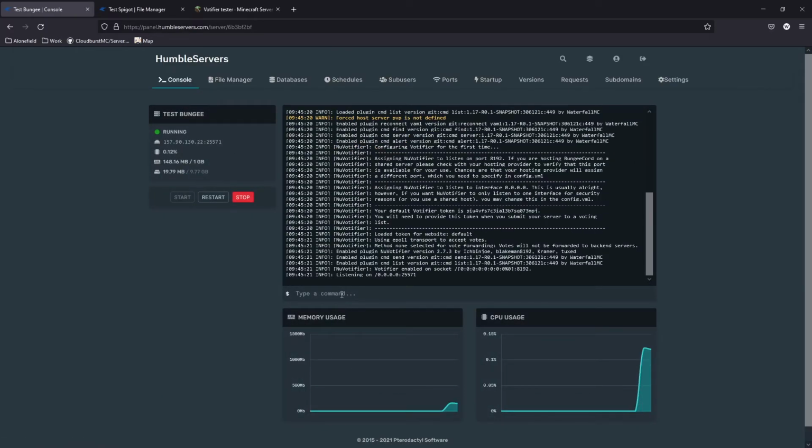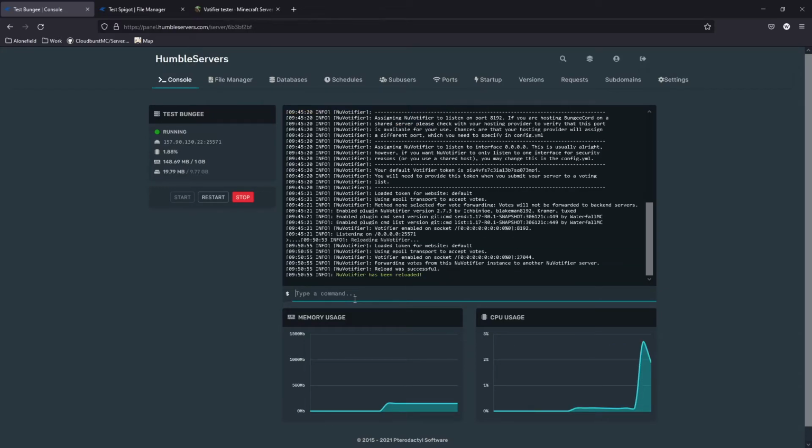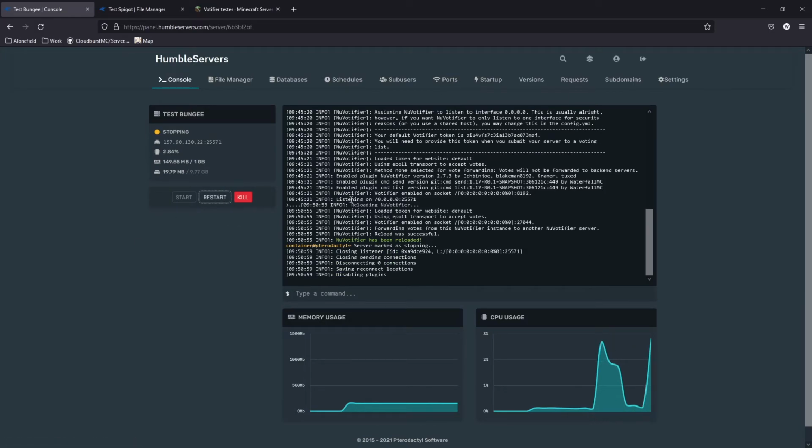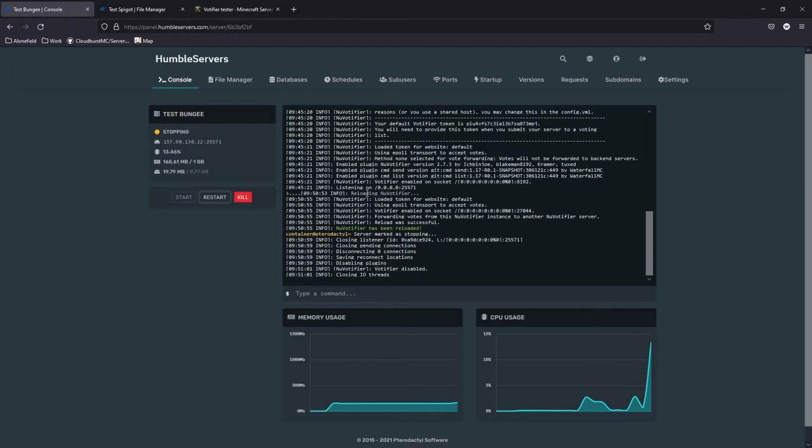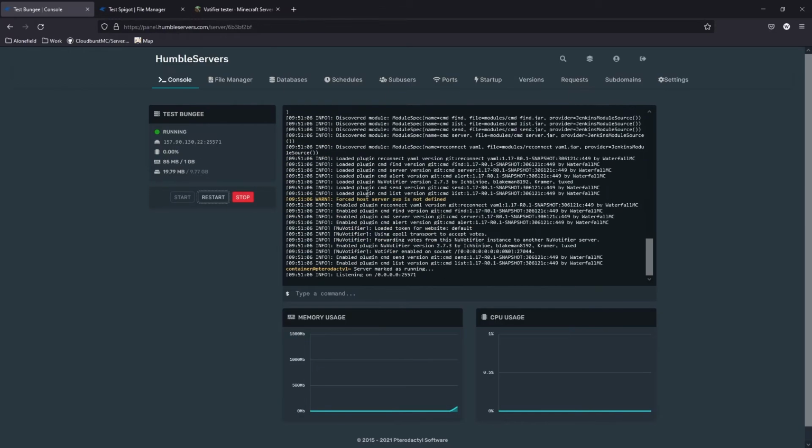All you need to do is just go here and type pnv reload. This should reload the Votifier, and if you have created a fresh port, you'll want to restart the server. So I'll just go ahead and restart the server just in case. Once you've restarted the server, it should say Votifier enabled on this, and forwarding votes from this instance to another Votifier instance. And once this is done, you can go ahead and test if your Votifier is working by